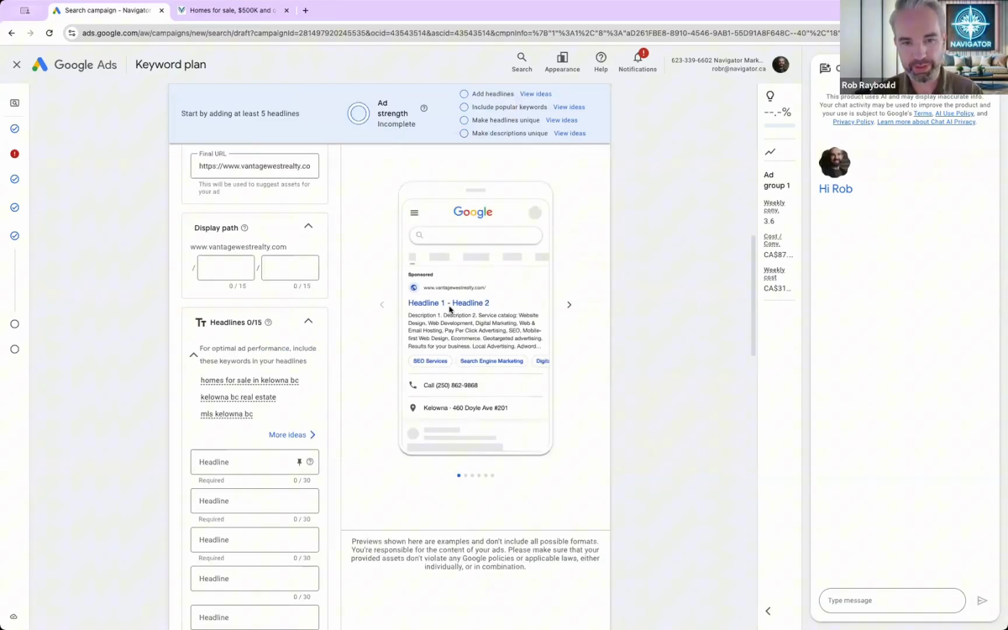Looking at the example here, Google ties together those three headlines. You only get 30 characters for each headline, so it's very limited. You have to be very creative, very to the point. But I like to expand that a little bit. So what I do is I like to write three headlines that tie together. Headline number one being problem aware or offering or agitating. Headline number two being a solution or the service that you provide, and headline number three being the call to action. So you can say Kelowna MLS,